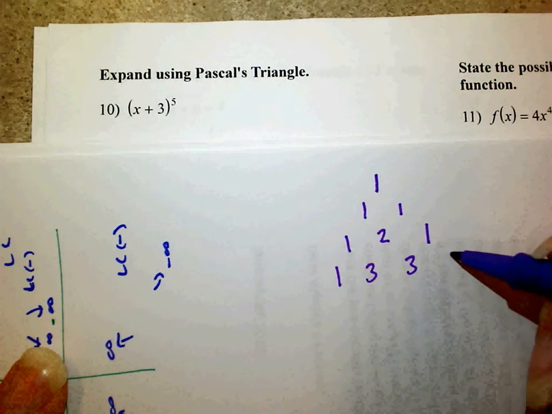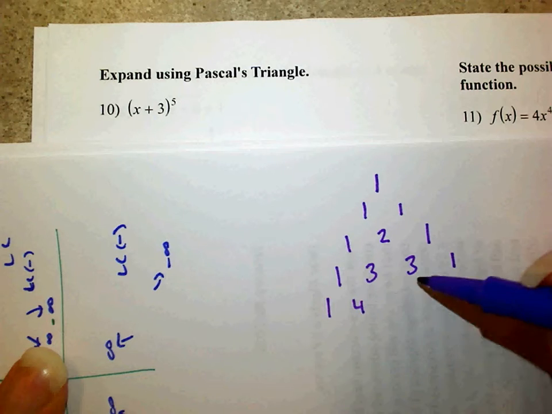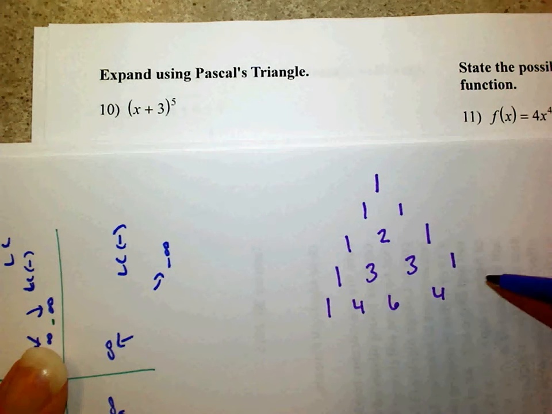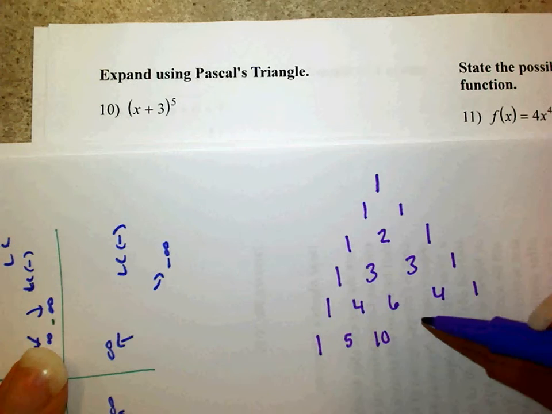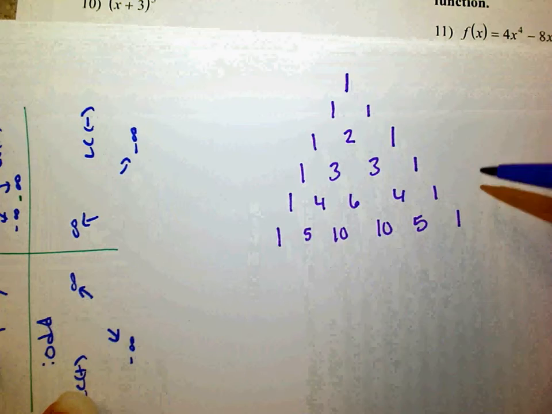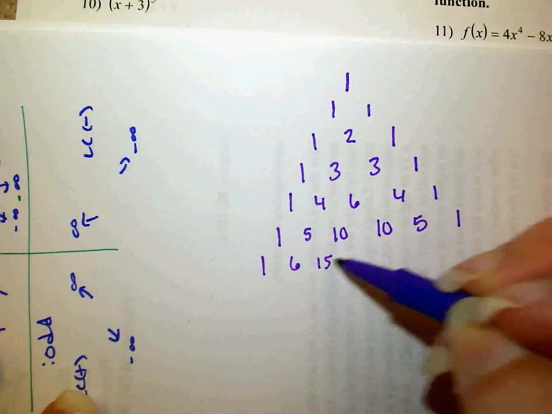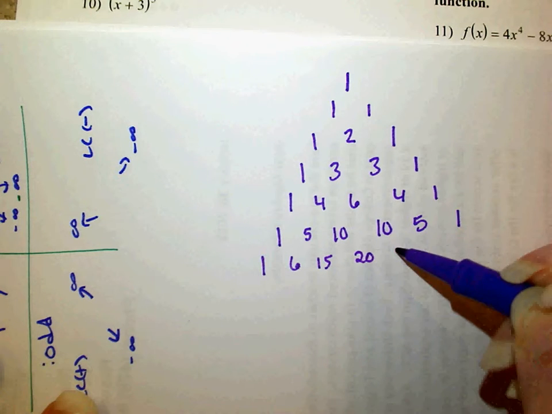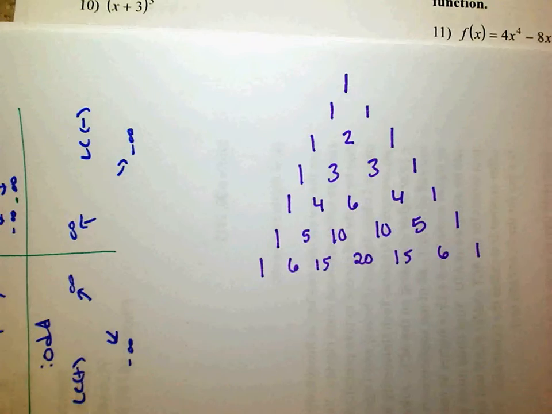1, add 1 and 3, get 4, 3 plus 3 is 6, 3 plus 1 is 4, 1. 1 plus 4 is 5, 10, 10, 5, 1, and you could keep on going as long as you needed to. If you needed 6, 1, 5 plus 1 is 6, that's 15, that's 20, that's 15, that's 6, and that's 1. Okay? Now this says x plus 3 to the 5th power, so if you're thinking 5th row,